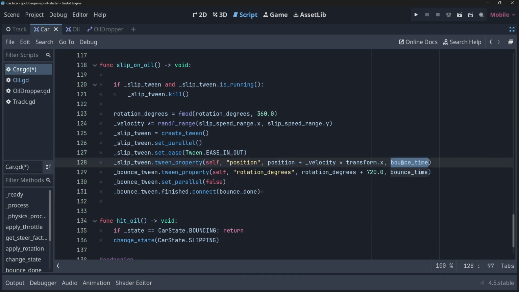Now we're using the bounce time here, and I'm going to keep this, so we're going to slip for the same amount of time that we bounce. If you want to add another property for that, of course you can. Then also what we want to do is spin here. I'll leave the spin at 720 here as well. So it's very similar to the bounce tween. And finally, we can set parallel to false. And then when we're